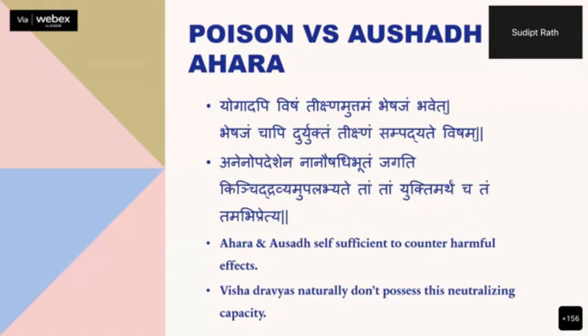But in case of poisonous substances, for example dhatura, this dhatura is a poison, and it is poisonous because of its ushna, tikshna, vyavayi and vikasi guna also. But why is it acting as a poison? Because to counter the ushna, tikshna, vyavayi and vikasi guna of dhatura, nature has not provided anything inside dhatura where it can self-regulate the possible actions of dhatura. But in case of ahara dravya and in case of the commonly accepted safe aushadha dravyas, nature has provided the opposite gunas which can regulate the pharmacological or the physiological effect of those substances in the